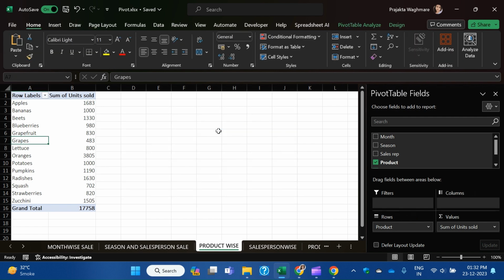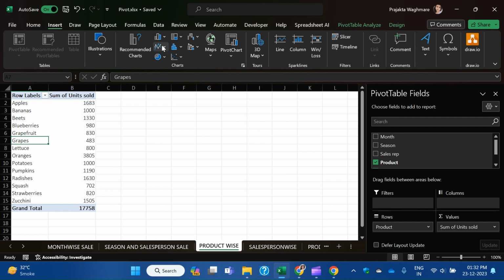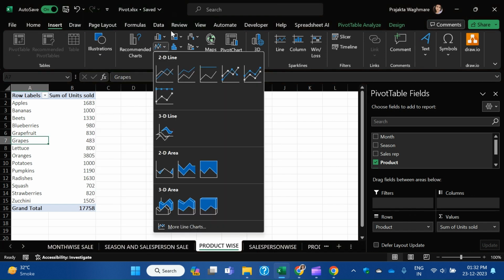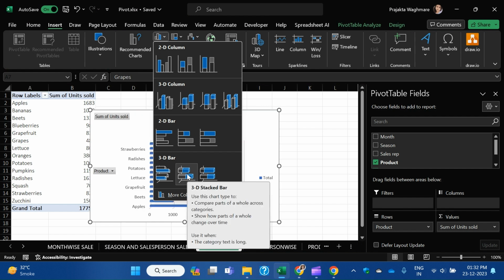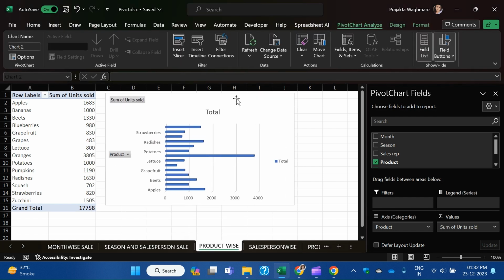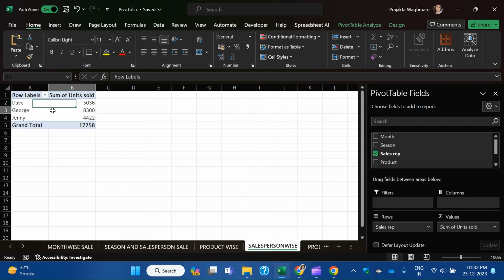It is not looking good to me, so I will just select one. This type of bar diagram I have created. Okay, as per the product. Salesperson wise,